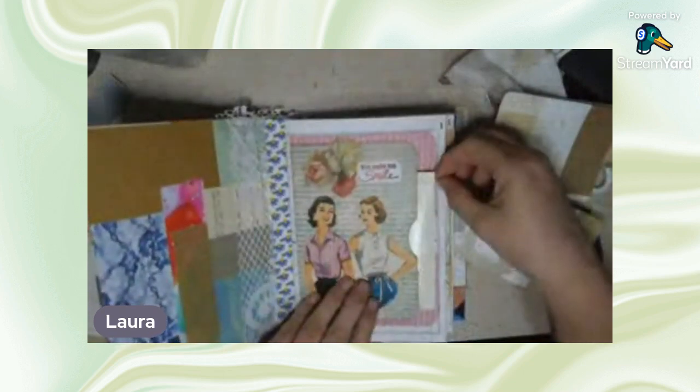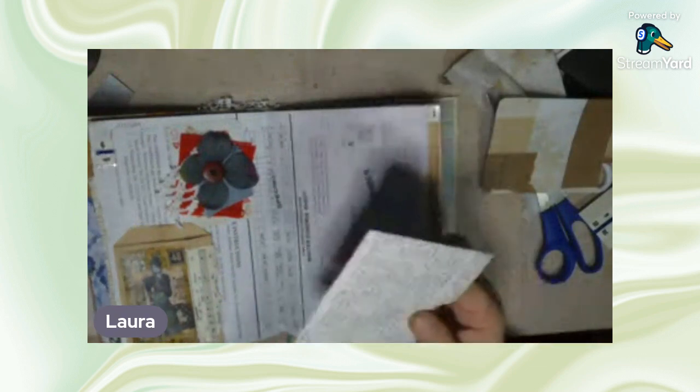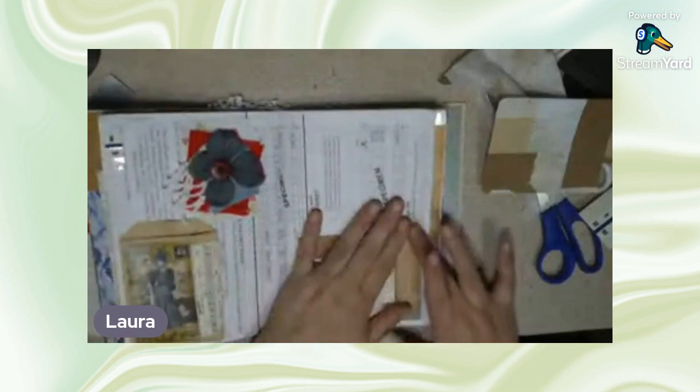So this is what you do with the master boards. And again, I'm not going to decorate these. I'm not going to waste solid ephemera on them. But doing a collage masterboard, I use my glue pages that are folded in half. When they get too gluey and everything starts sticking to them, I just put a little bit of extra glue in it, fold it in half, and file them away for later use. And in this case, I used it to make a pocket,